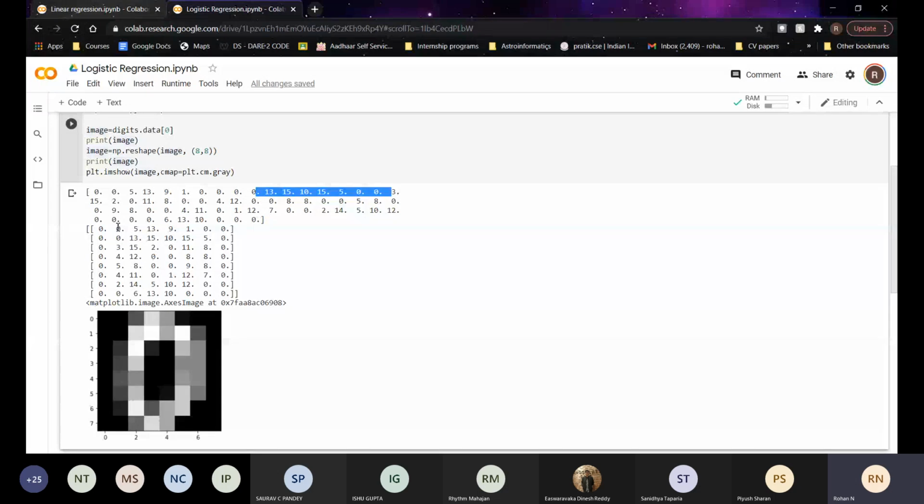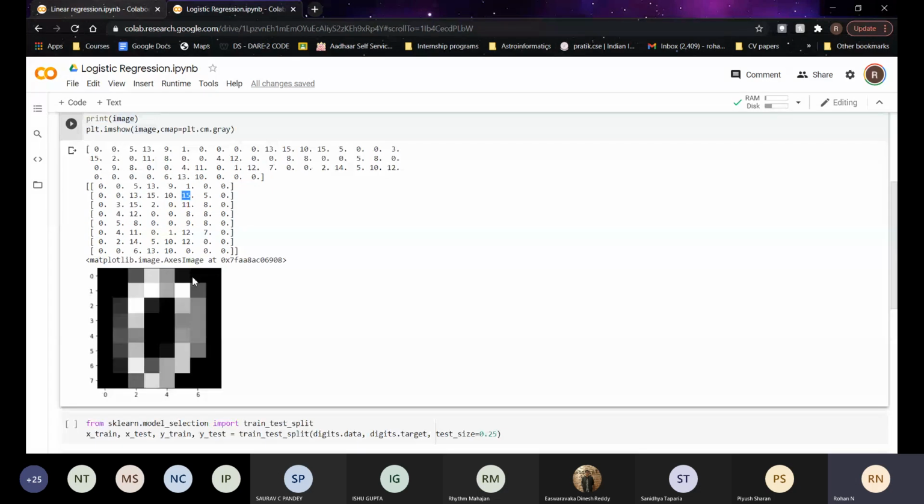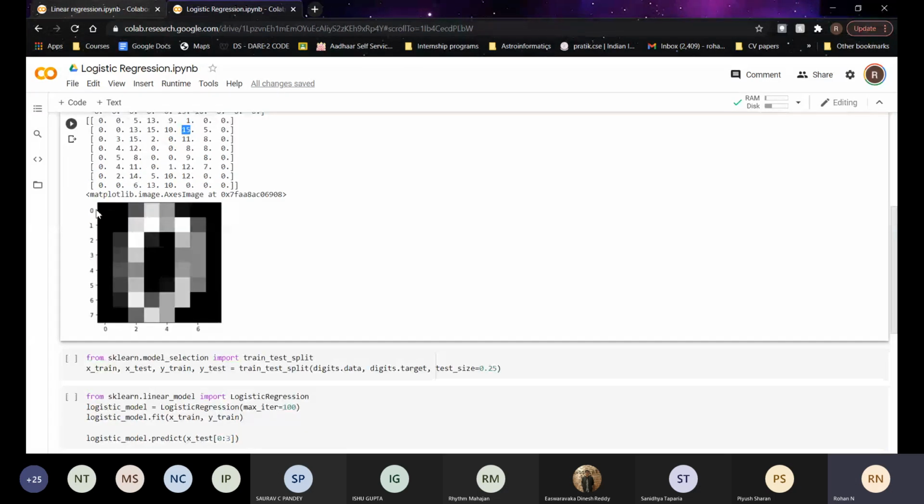So 15 is really white, and the other values are slightly lesser than 15, which are grayish. So this is an 8 cross 8, a very low resolution image of 0. We will use logistic regression to try to classify images like this.